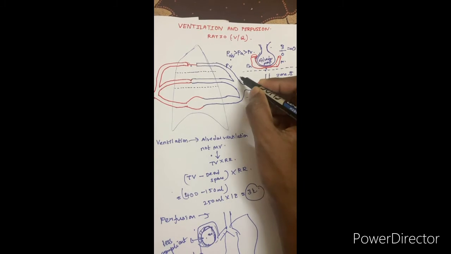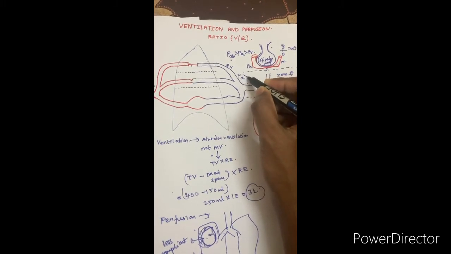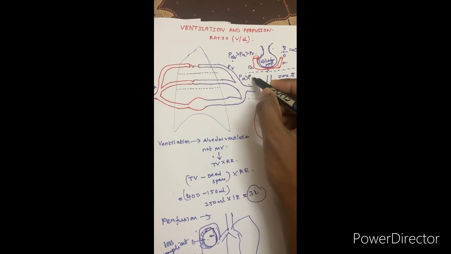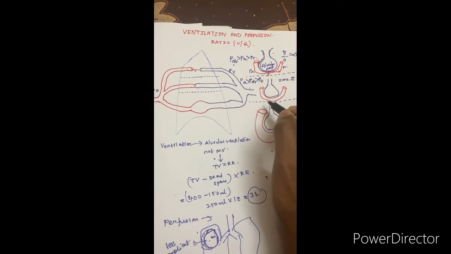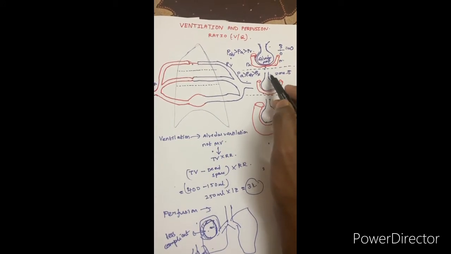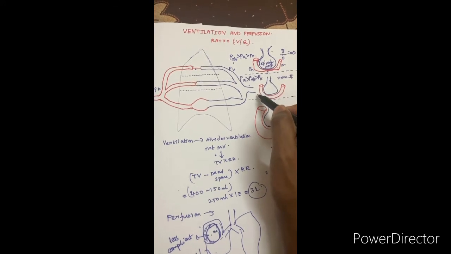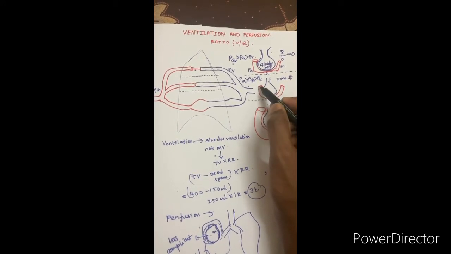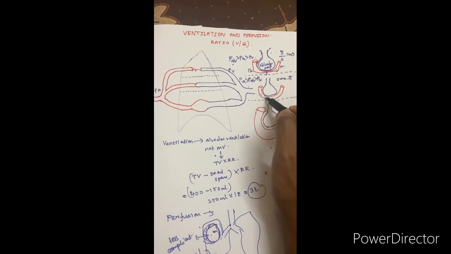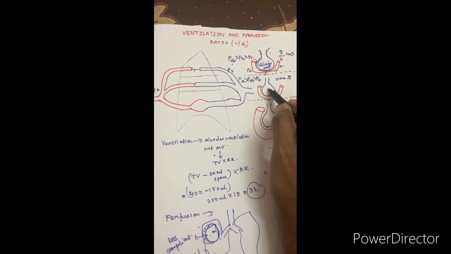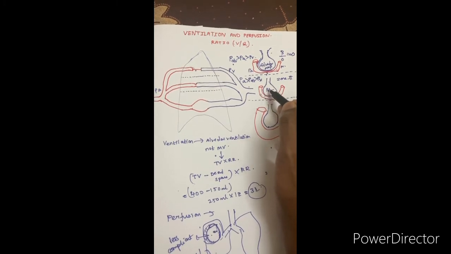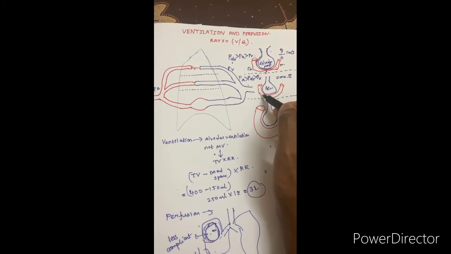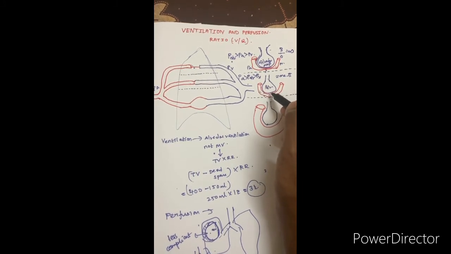So here the arterial pressure is more compared to your alveolar pressure, and it is more compared to the pulmonary venous pressure. Just consider an alveolus of moderate size. During systole, during cardiac contraction, the blood flow will be coming through the pulmonary artery. The pulmonary artery pressure is more than the alveolar pressure. Because of these two gradients, perfusion is happening over the alveoli and diffusion of gases will occur.